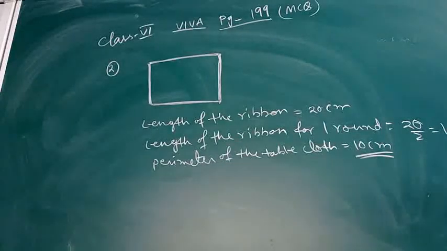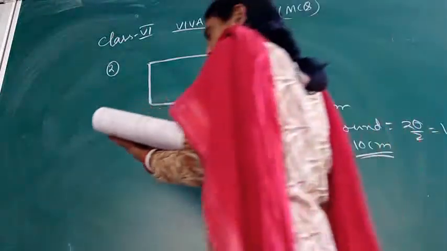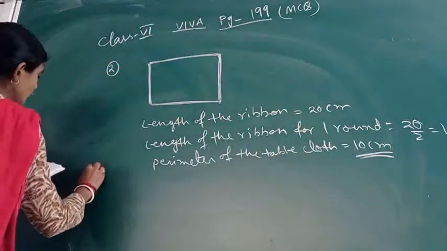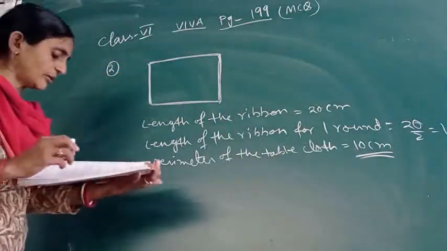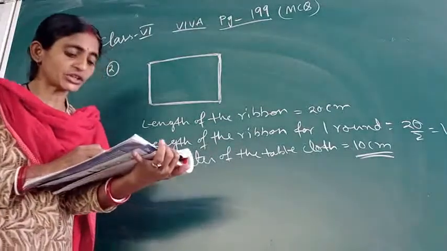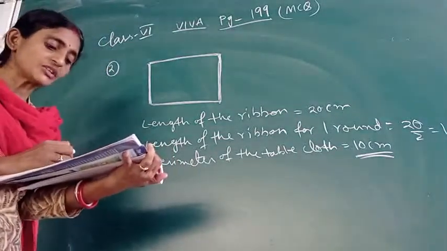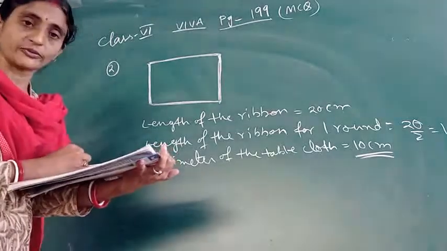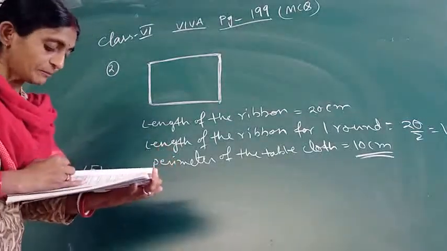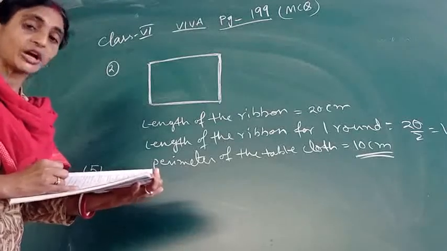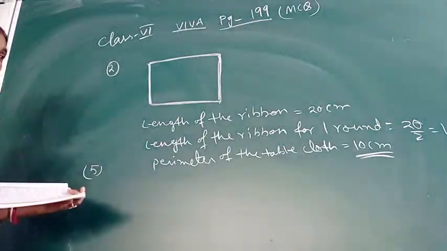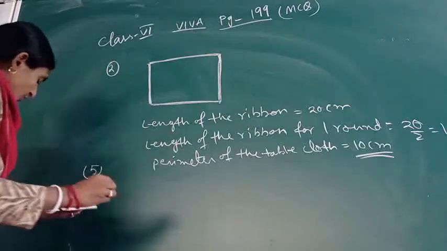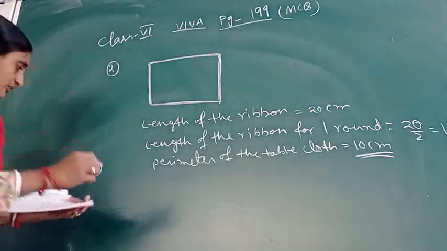Come to question number 5 of the same. Here you have asked, if the length of a rectangle is double and its breadth is half, then its area will be, what will be the correct answer for that? First option is remain same, becomes half, doubles or becomes 1/4. Okay, let's come to that situation. When it was that length and breadth,